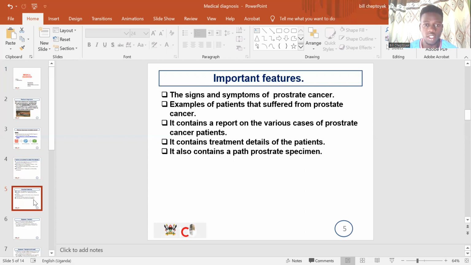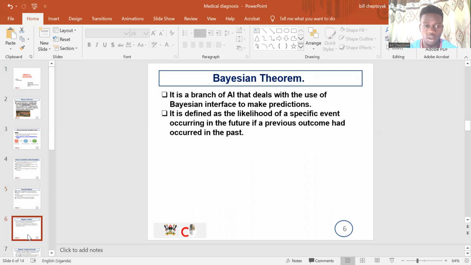My dataset contains a few signs and symptoms of prostate cancer. It contains examples of patients that have suffered from prostate cancer. It contains a report on the various cases of prostate cancer patients. It also contains treatment details of the patients, how they were diagnosed, and so on. It also contains a prostate specimen. As you see, if you click on the link in my references, the last one,